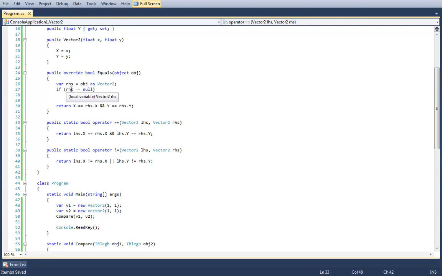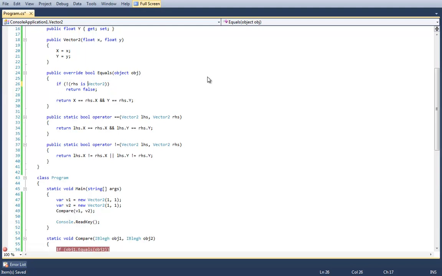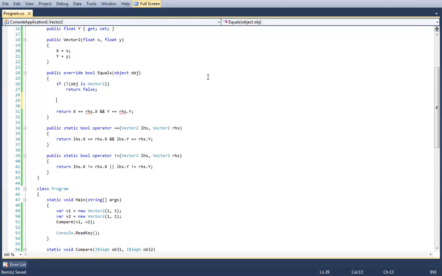Well, what we could do in here is, instead of saying if RHS equals null, we could do if not RHS is Vector2, return false. Actually, I'll set if not obj is Vector2, then return false.